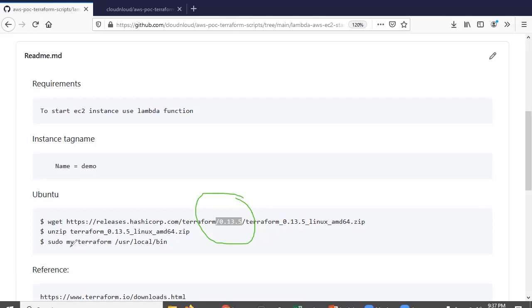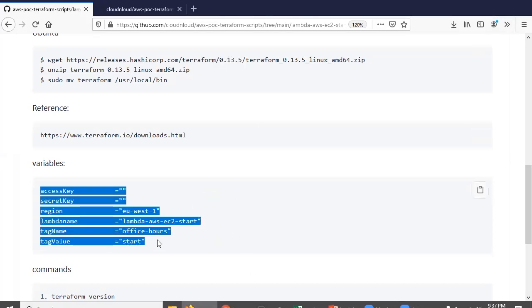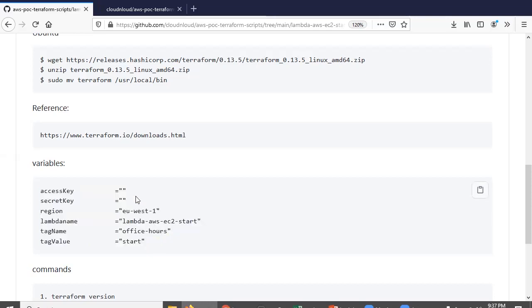Similarly, there is a file called 5-variables in this zip file. All you need to do is give the right access key, secret access key, which region you want to use to start all the machines, and what Lambda name you prefer.